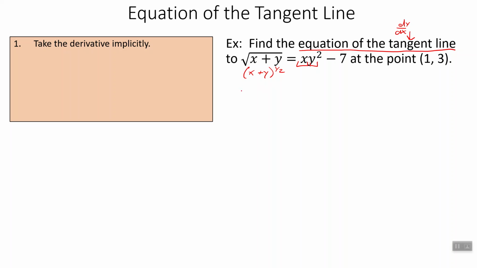So here we're doing a chain rule, so that would be 1/2 (x plus y) to the negative 1/2 times the derivative of the inside. Derivative of x is 1. Derivative of y is y prime, or dy/dx,